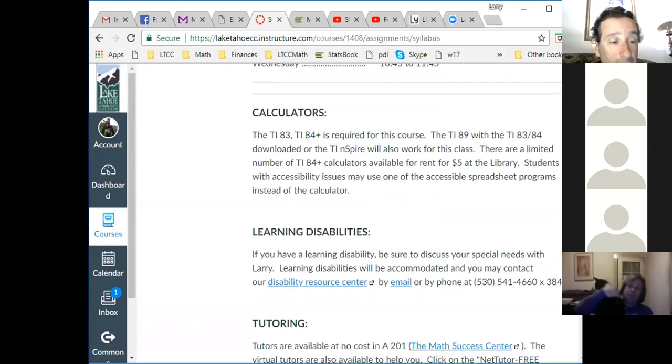Or you can go to our library and get a calculator for free for the entire quarter, but you do have to return it at the end of the quarter. That is important, because then the next statistics class can check them out, and we will have enough for anyone who comes by our library and grabs it. But you have to physically go. If you don't, then you have to find one. You can borrow one from a friend, or you can buy one. You can buy one new, but they're like $120 new. So that's up to you.